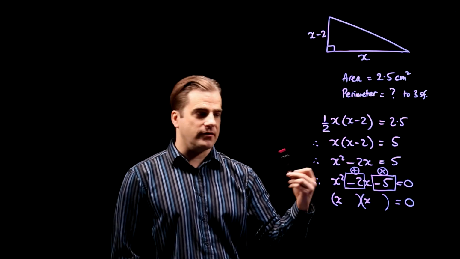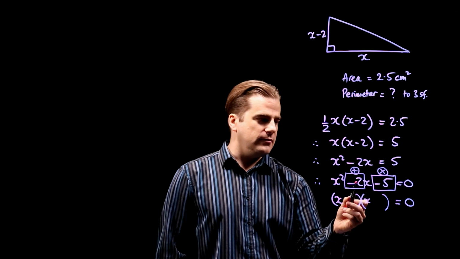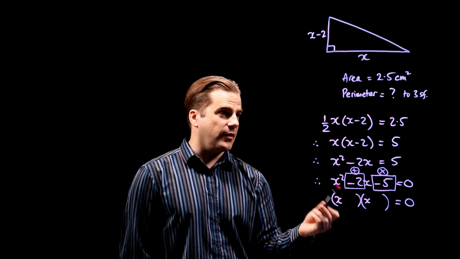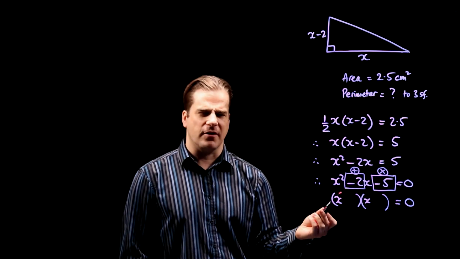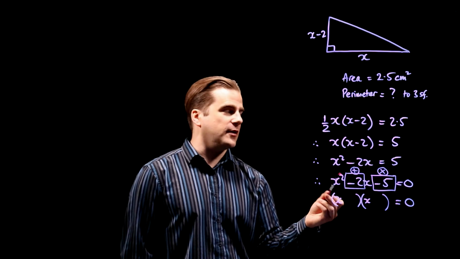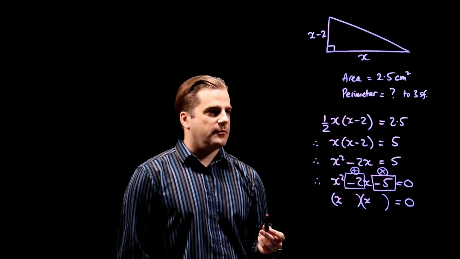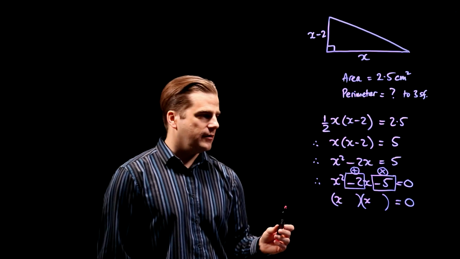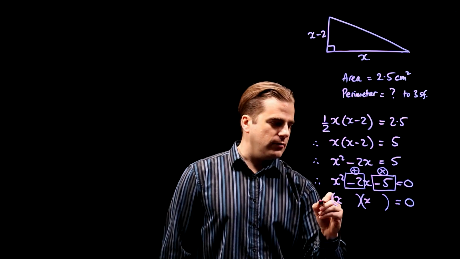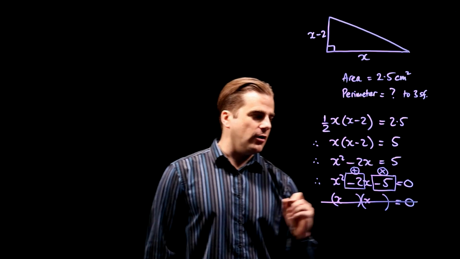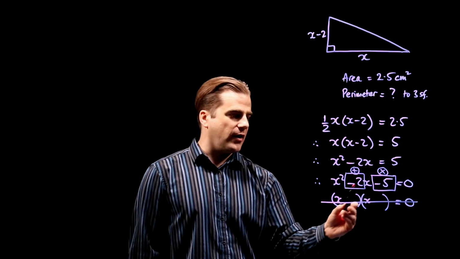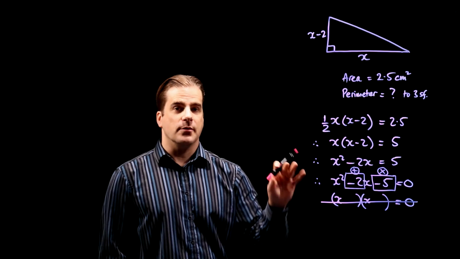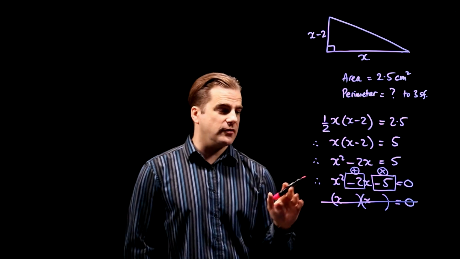Plus 1 minus 5 is minus 4. Minus 5 plus 1 is also, well, it's the same thing, isn't it? Or what else? Plus 5 minus 1 is plus 4. Okay, so we can write off the bracket factorization method,